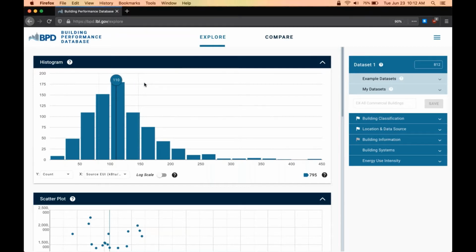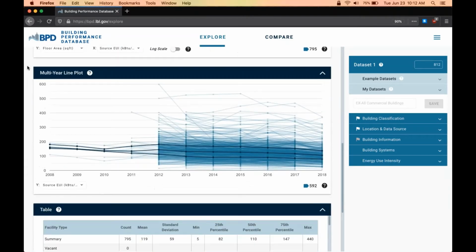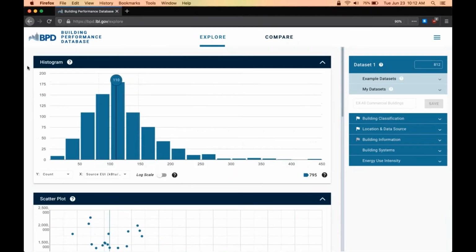And then on the left side are several plots of the data itself that I'll describe in a little more detail. At the top of the page, you can see right now we're on the Explore page, which is really about looking at one peer group at a time. And then there's also a Compare page, which is looking at two different peer groups and how they relate to each other. So I'll just run through a simple demo where I filter down onto